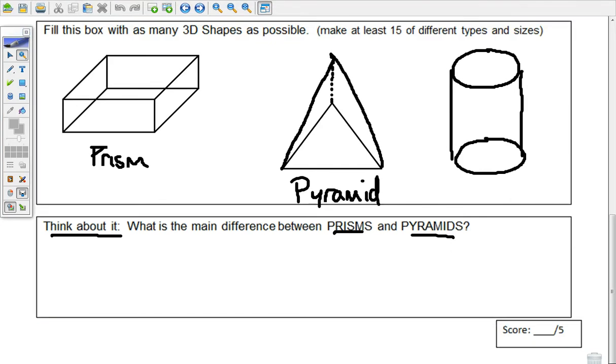Hey guys, welcome to the 10.2 video. This one's going to be about nets, and we'll finish up talking about different types of 3D shapes before we